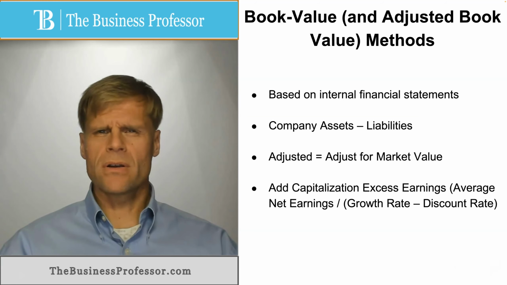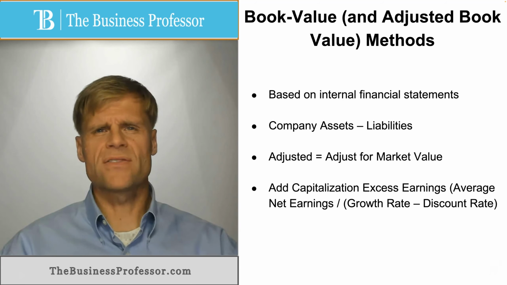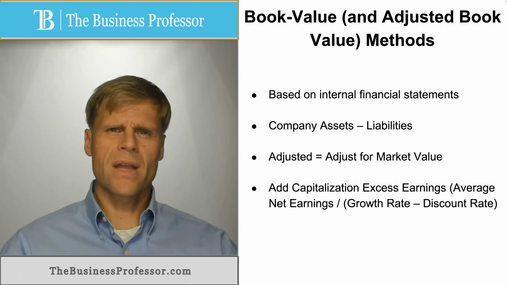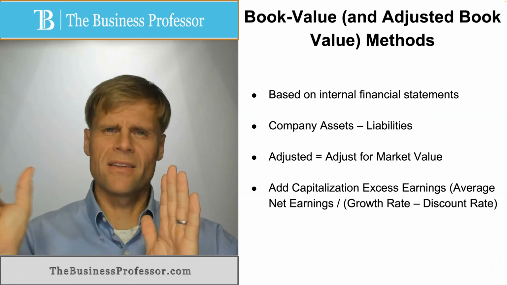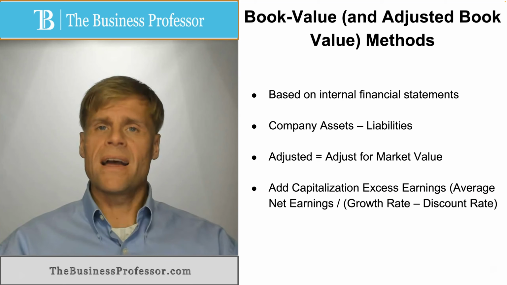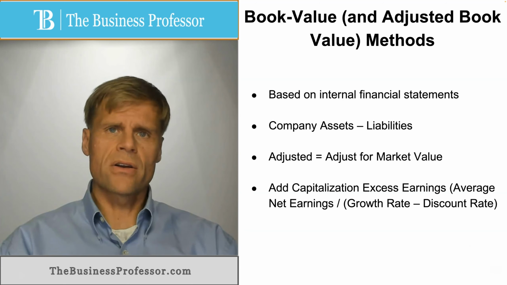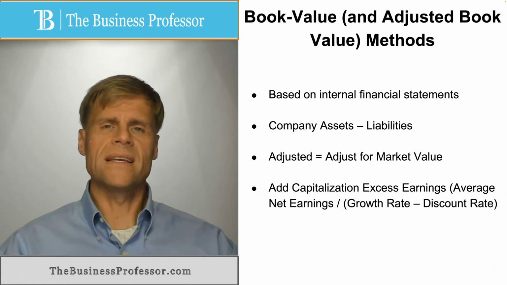So if the rate of return expected is 10% and the growth rate is 15%, well, your capitalization rate there is 1 plus whatever's left over, the 5% difference between 15 and 10%. So 1.05, you would divide your average net earnings for the year by that amount to determine, again, what is your